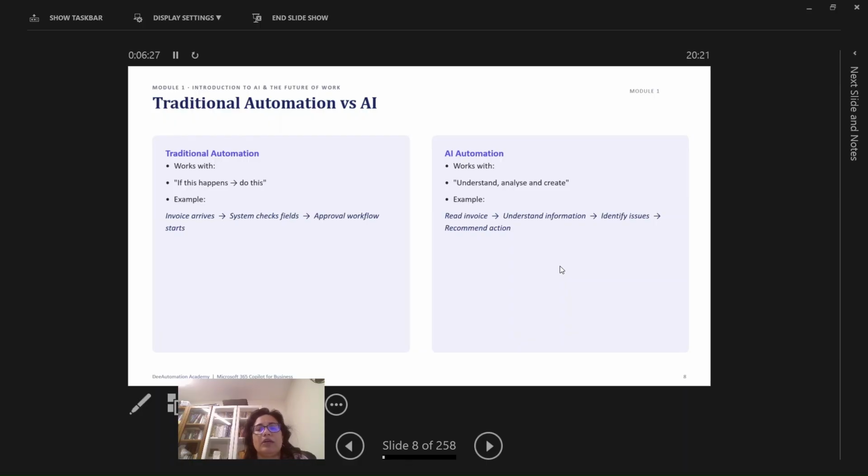Now, at the time of AI, what has changed is we can work with understanding, analyzing, and creating. So now it's much easier in terms of reading an invoice. Earlier, after reading an invoice, business rules had to be applied individually, and then the invoice needed to be checked against those individual rules. Now, you don't have to code like that. You can have an AI agent which would understand what is said in this particular invoice. It can scan any document, any invoice, understand the information, identify the issue and